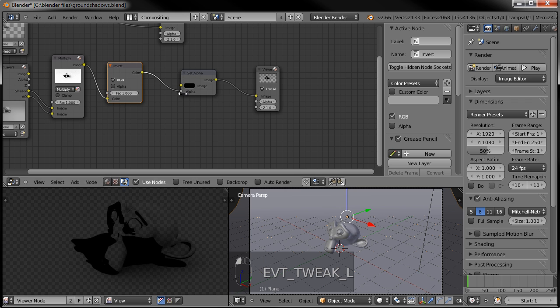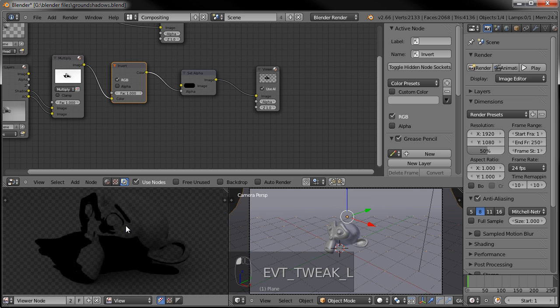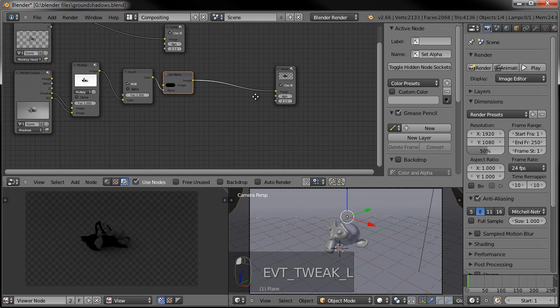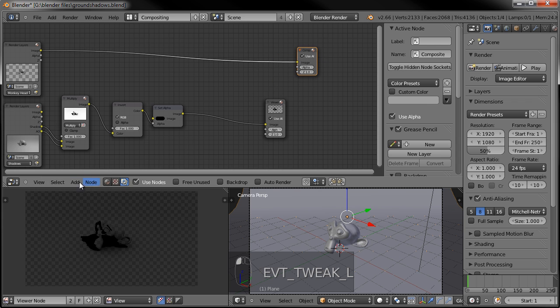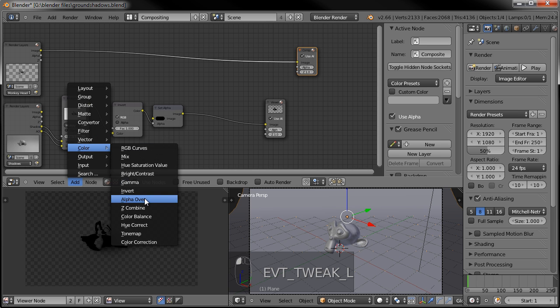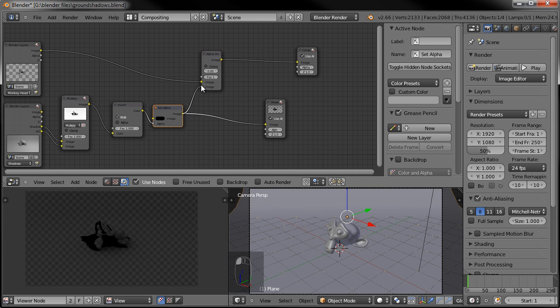And now you can see it took that mask and negated it, inverted it. It made everything that was white into transparent rather than the other way around. So now we have our shadows separated out. So if we were to go ahead and add, what would it be, under color, there we go, alpha over, drag that up here,